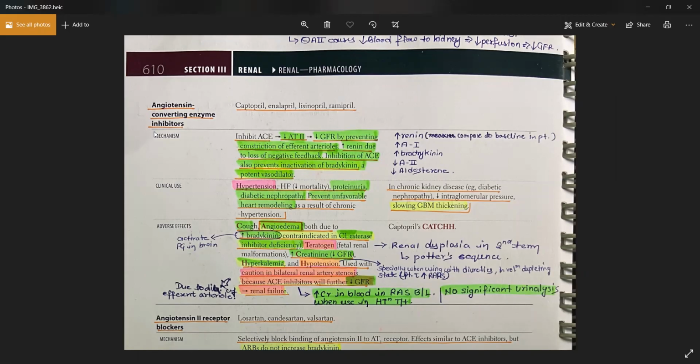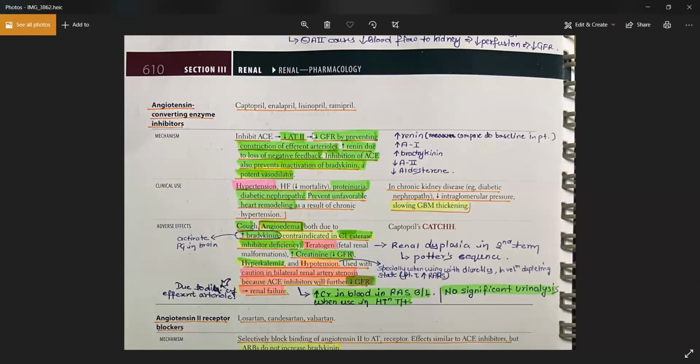Yes. So they inhibit this enzyme there, and as a result, you will be having a low level of angiotensin 2. Okay, so this angiotensin 2 cannot act on the PCT, it cannot cause a vasoconstriction, it cannot act on the adrenal cortex to release the aldosterone, right? It cannot go to the brain to cause the release of ADH. So all the functions of angiotensin 2 will be decreased. So you will be having a loss of GFR.